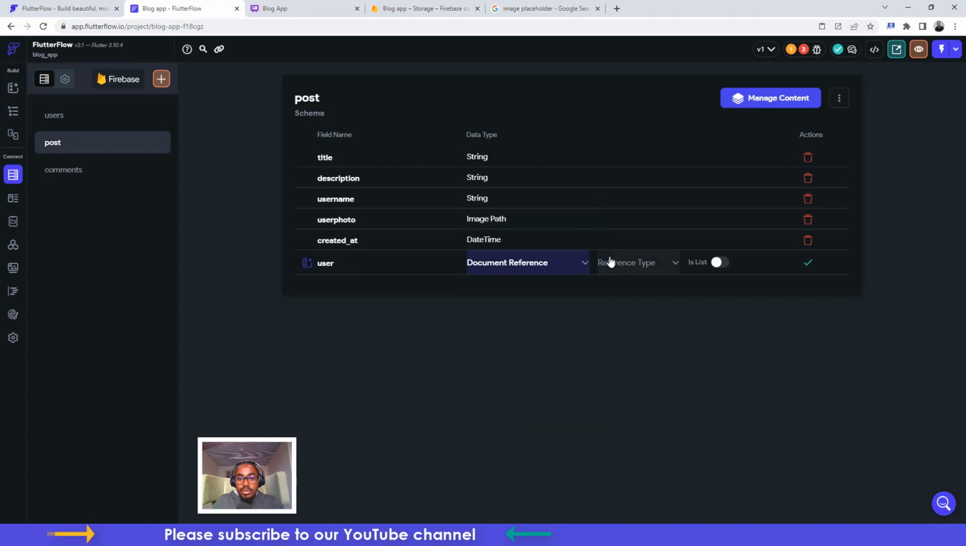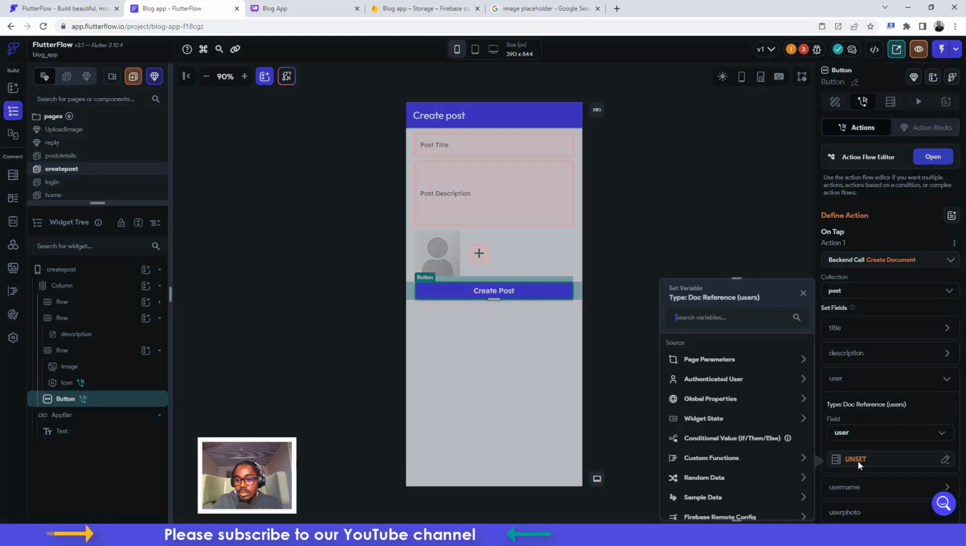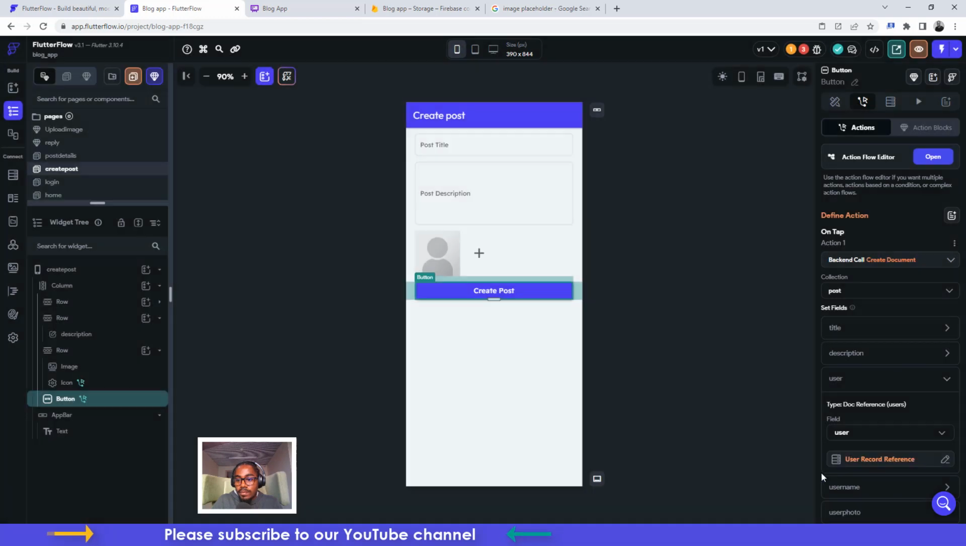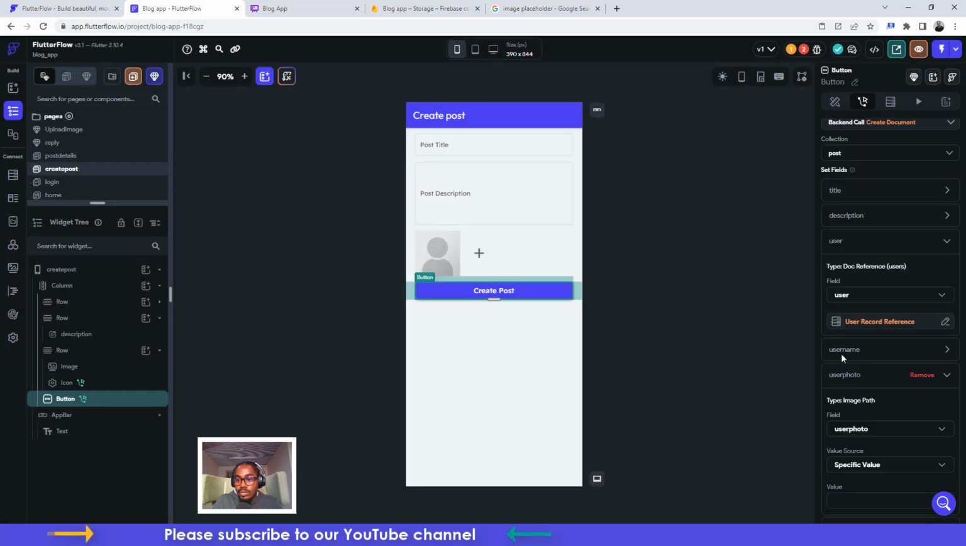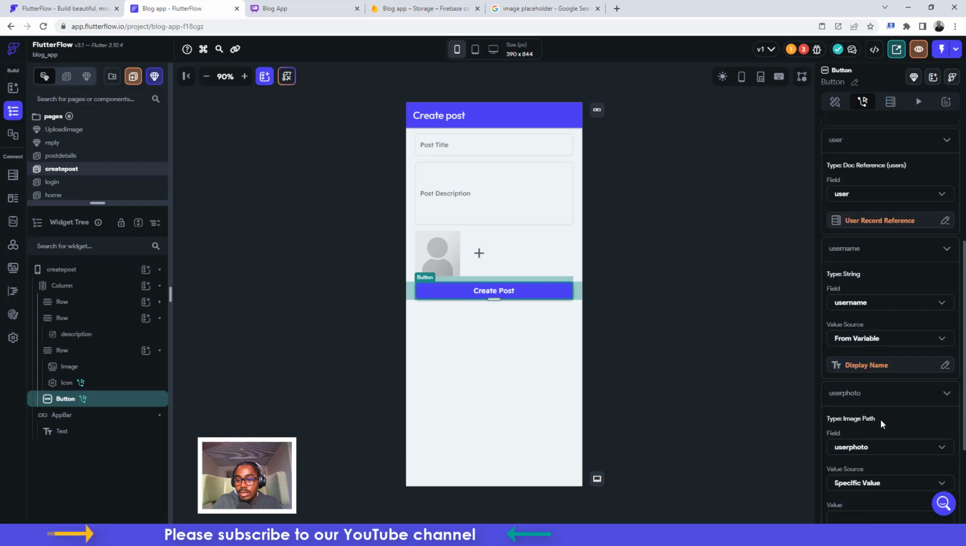So user document reference, we're referencing users. Okay, that's why we had that issue. So now let's go to users document reference. So we'll say authenticated user reference. Great. And then we will come here to username. We will say specific value from variable. We'll click here and say authenticated user display name. Good. And then